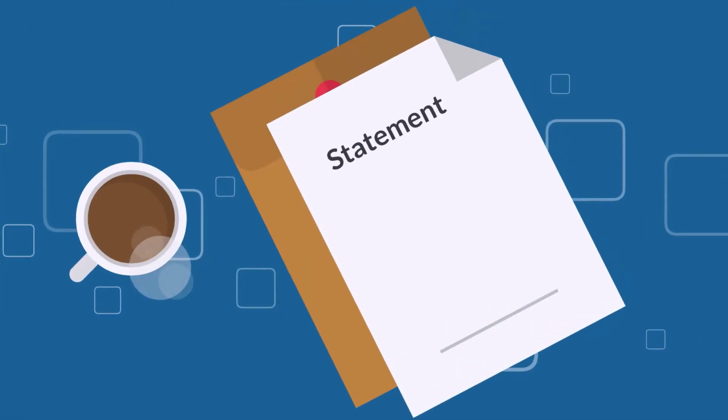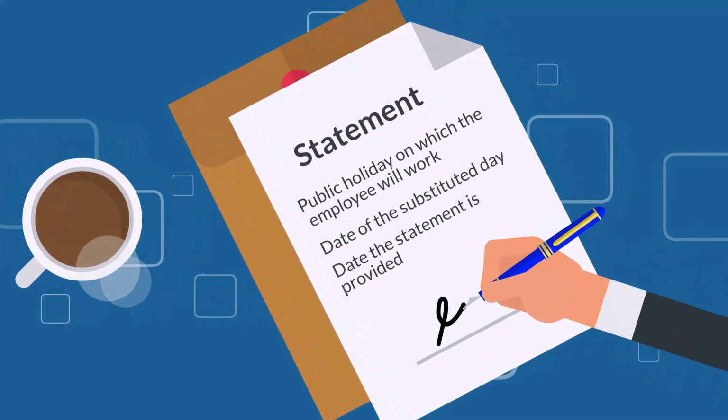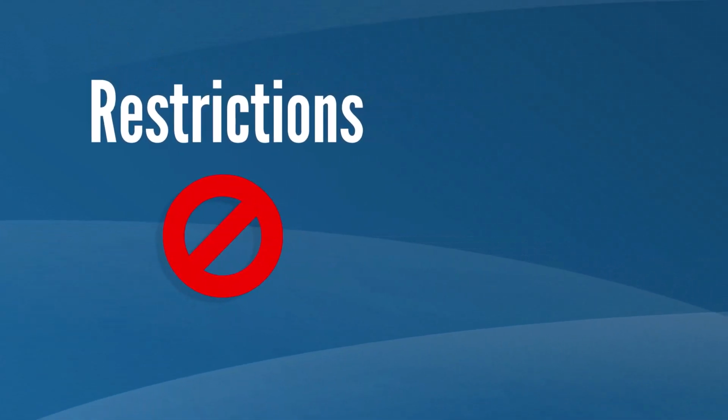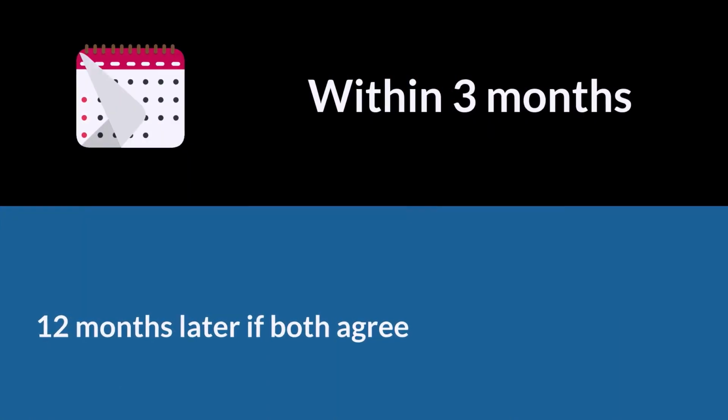This statement should outline the public holiday on which the employee will work, the date of the substituted day, and the date the statement is provided. There are restrictions on when the substituted day can be taken, as outlined in Section 28, subsection 3. The substitute day must be within 3 months of the public holiday or up to 12 months later if both